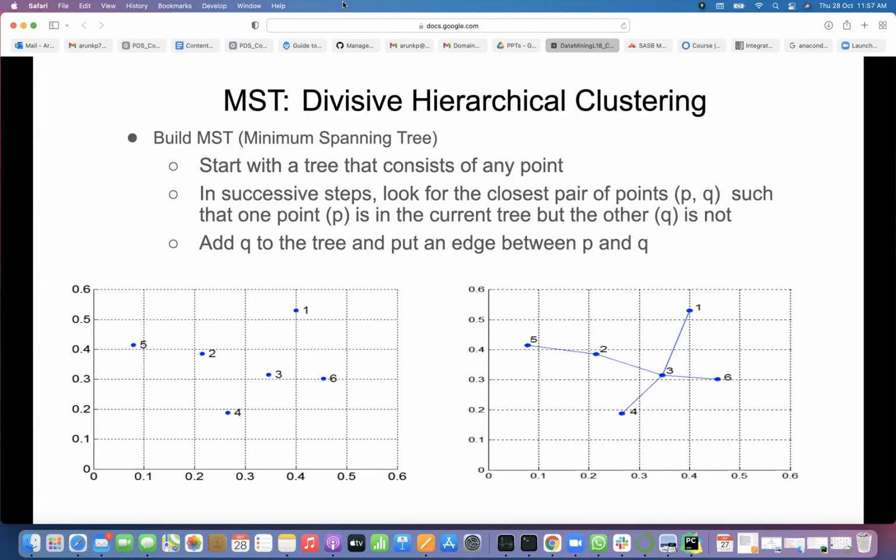Then another graph theoretical approach is called divisive hierarchical clustering, MST. Do you remember the minimum spanning tree? What is a minimum spanning tree in graphs? Nobody remembers graphs? What is a minimum spanning tree?